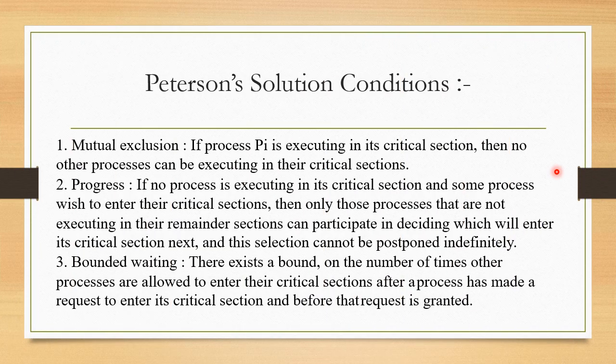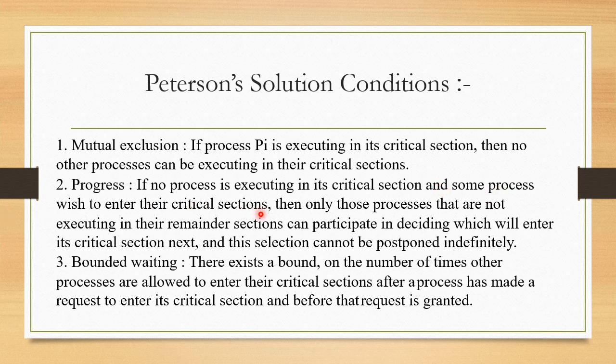Now, to discuss the Peterson solution, any solution that meets these three conditions is a valid solution. The first condition is mutual exclusion. We have discussed this before. If process Pi is executing in its critical section, then no other process can be executing in their critical sections. We have established that. Now, the progress condition. Which other processes can take part, right? If no process is executing in its critical section, that means not any of the n processes is in its critical section, and some processes wish to enter their critical sections,